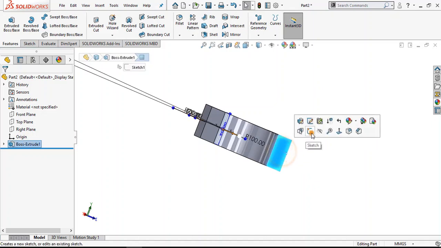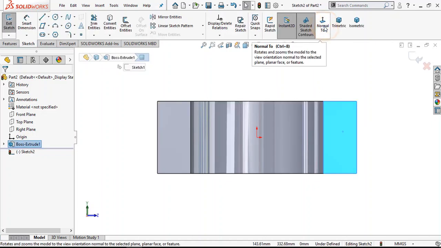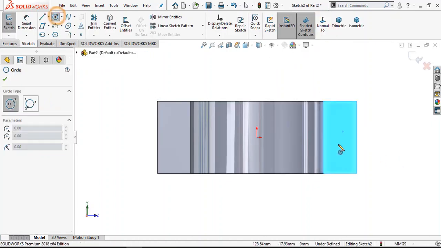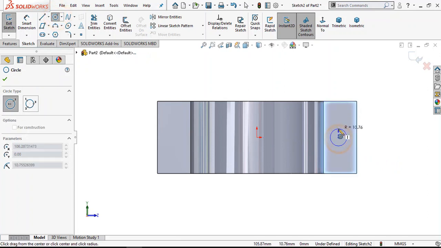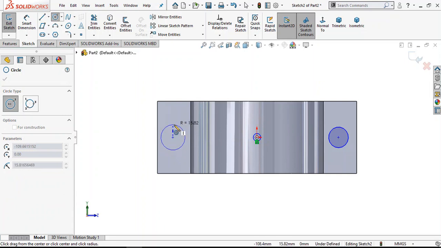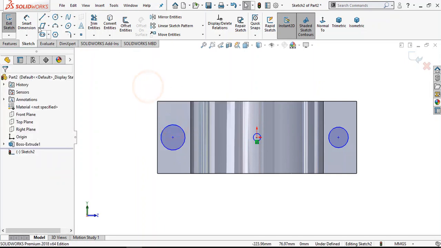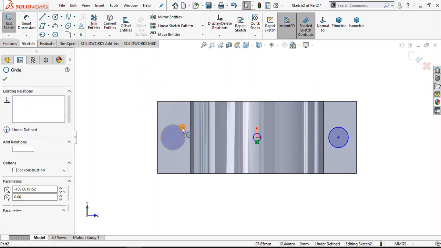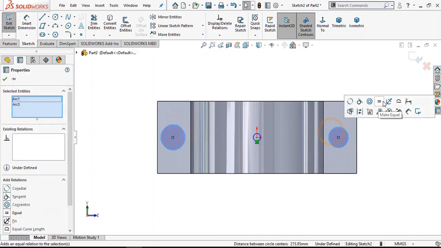Now select this face, normal, sketch, create two circles here and one here, another one here also. Three circles. Now select this circle and this circle, make equal.